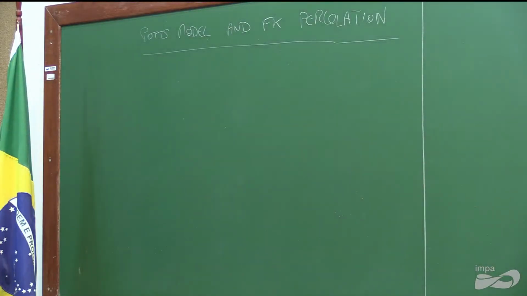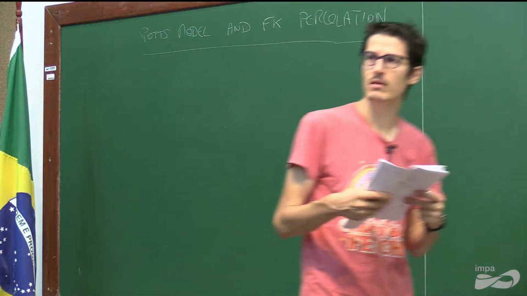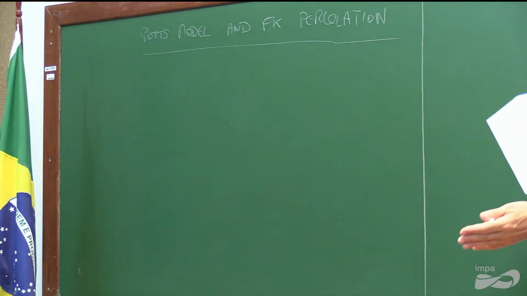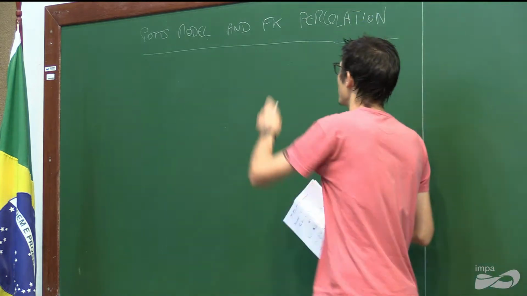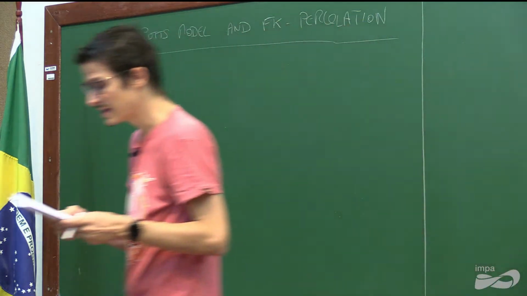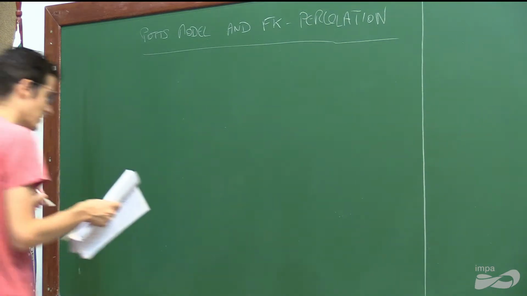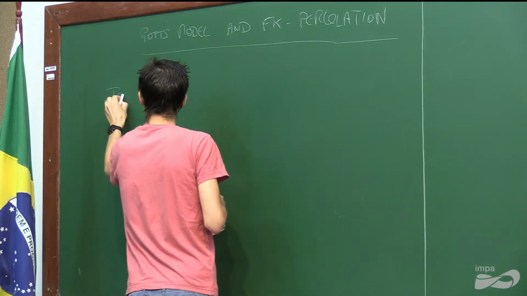Okay, there are multiple reasons to do this. So first, it's a way to give an extension to what we have done for the Ising model, also to link the two parts of the course, because percolation, if you want, is a particular case of FK percolation. And also it will give an illustration of how the method we have, and even the results we have seen, can be applied for other models. So, let me go back to the Ising model, and today we are going to